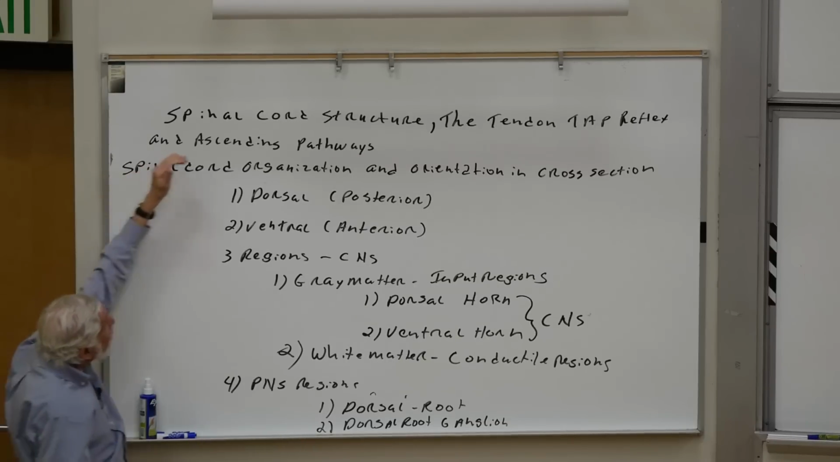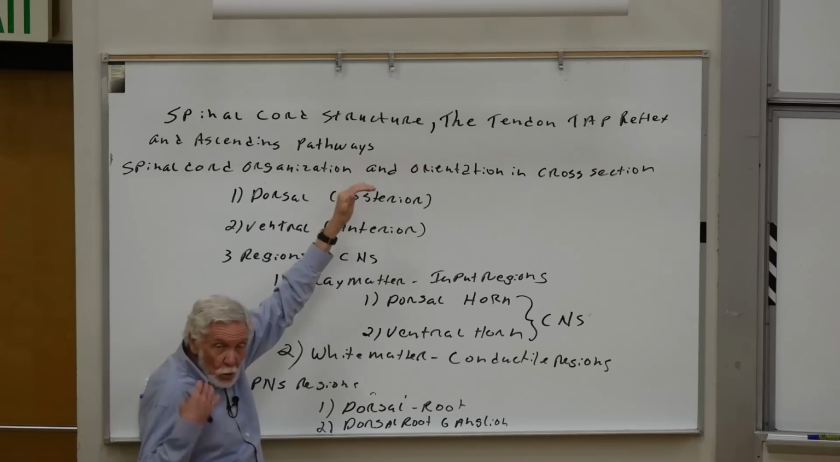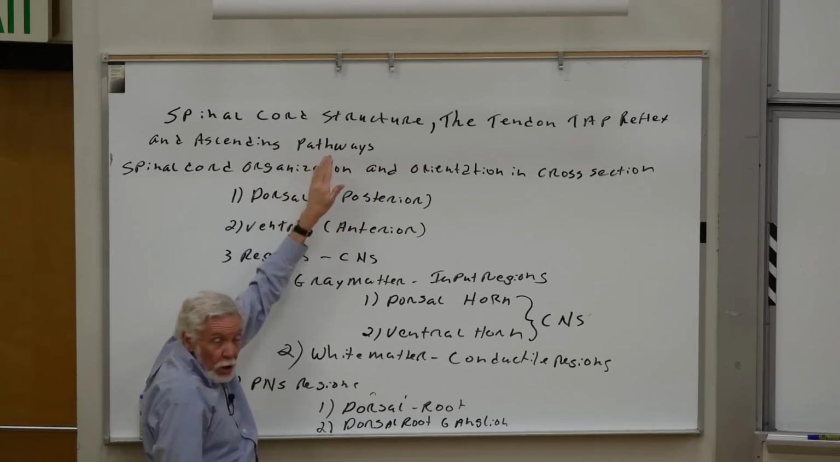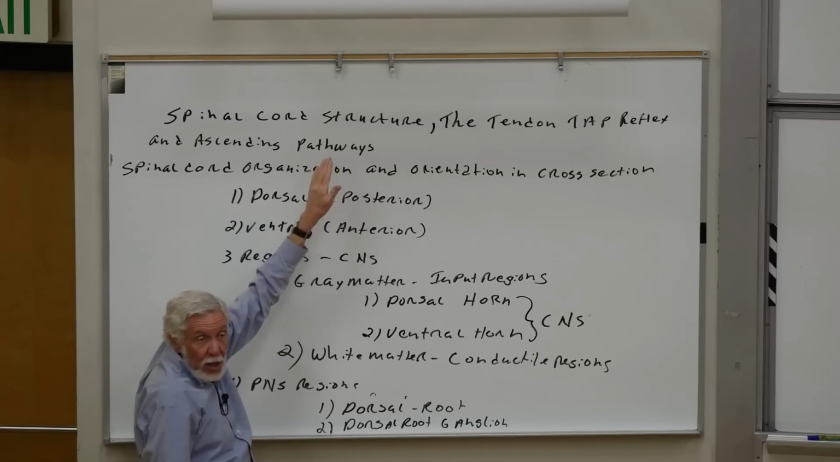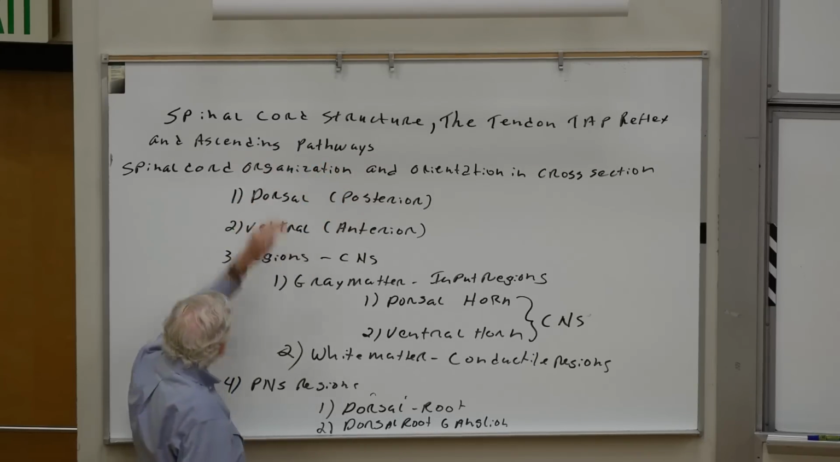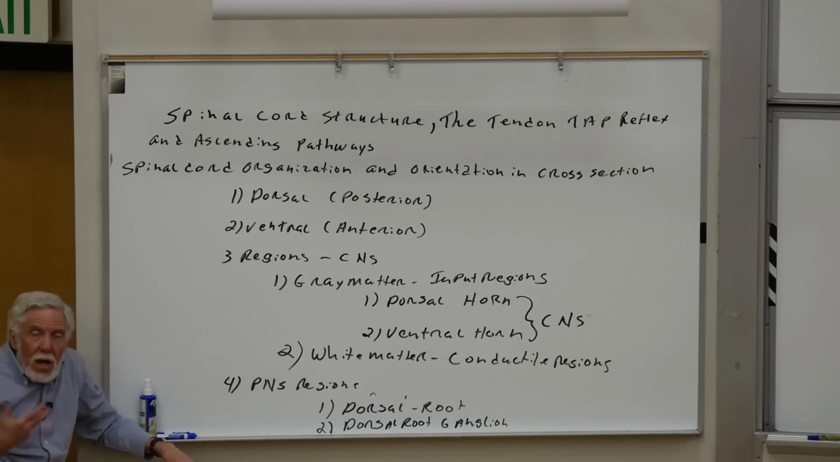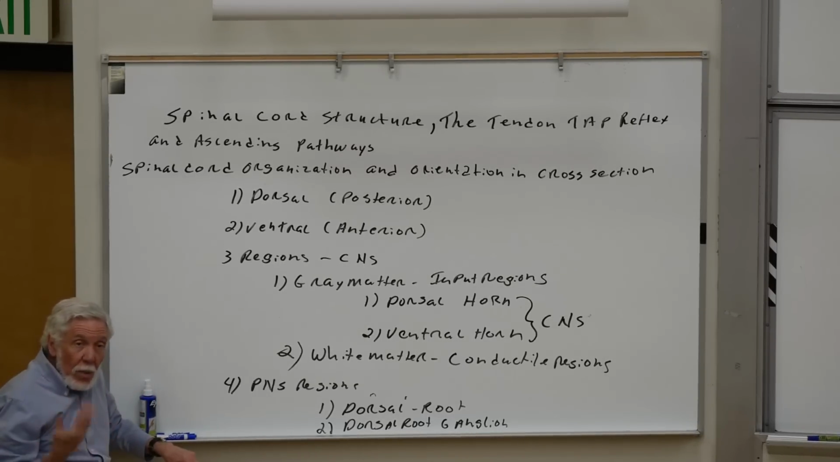But we'll start here with the cross-section of the spinal cord, trying to get in your mind's eye a vision of how the spinal cord is oriented and organized in cross-section. So we're going to draw basically a circle on the board and then put in gray matter and white matter and work our way through that. We'll use this opportunity in describing the structure of the spinal cord in cross-section to emphasize some orientation nomenclature or